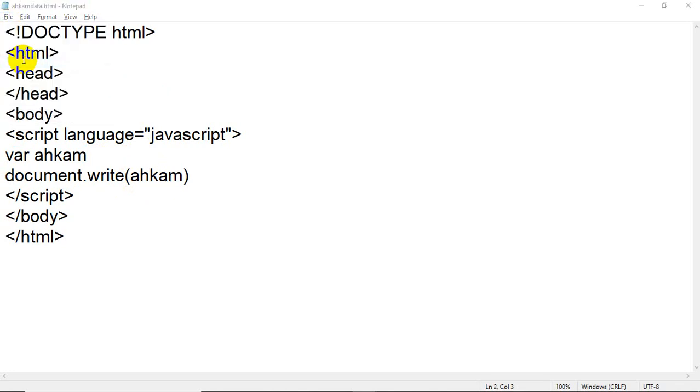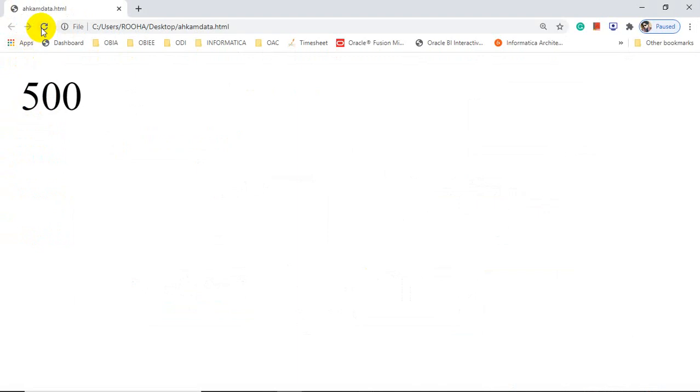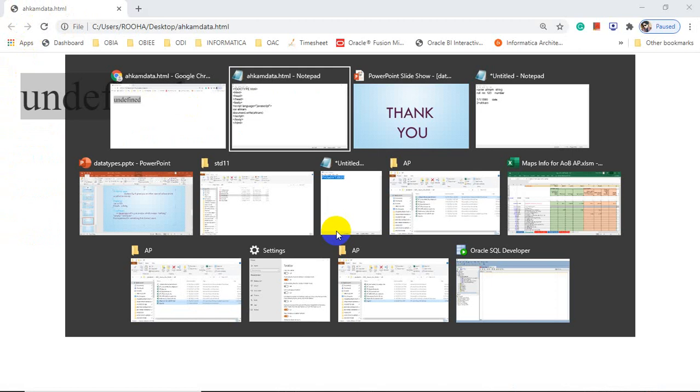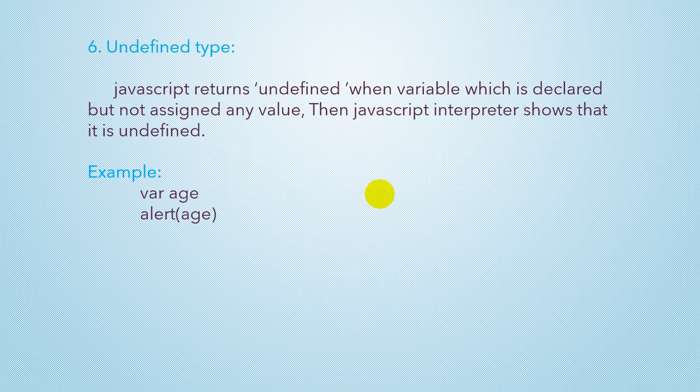So in this case you will get undefined. Okay, you will get undefined. See, undefined you are getting. Why? Because JavaScript returns undefined when a variable is declared but not assigned.